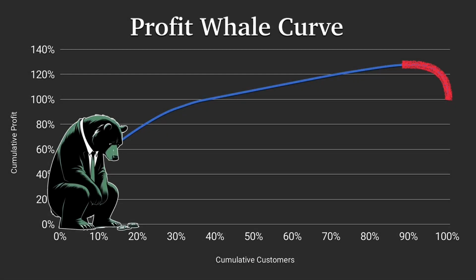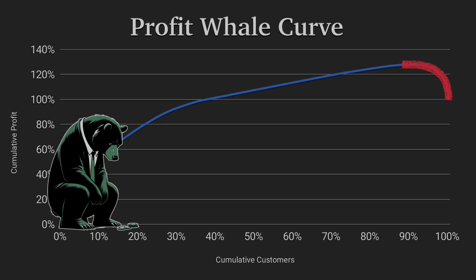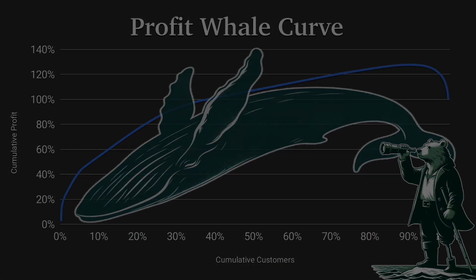And so we finally have the full story of the unprofitable end of the whale curve. You do need to take action because acting on relatively few customers will have a drastic impact on your profitability, but you should do everything in your power to keep customers and only part ways if there's no other rational choice. Now, we've covered some direct value you can get from the profit whale curve, but there's even more insight you can get from this data if you do one more quick calculation. So here's how that works.